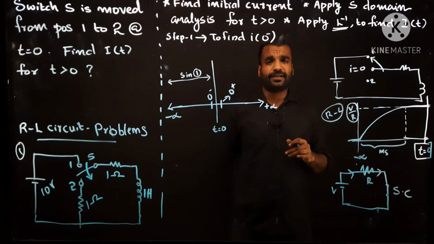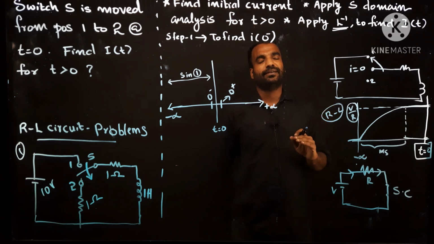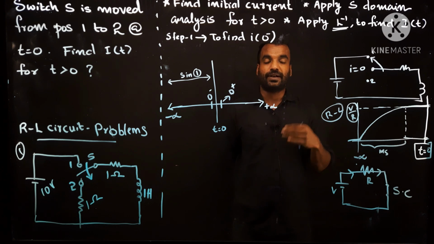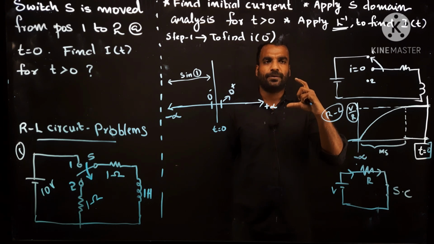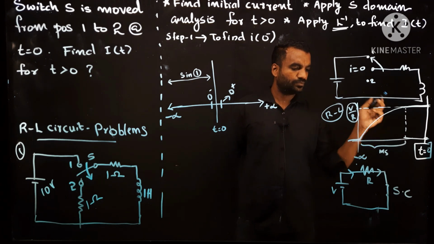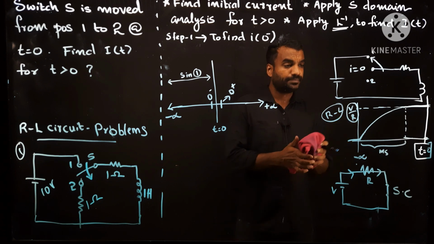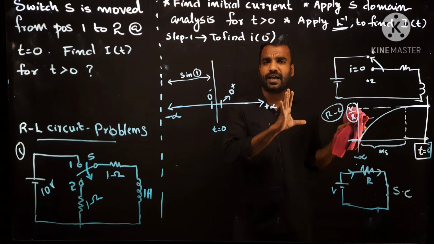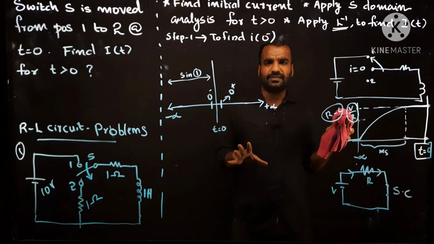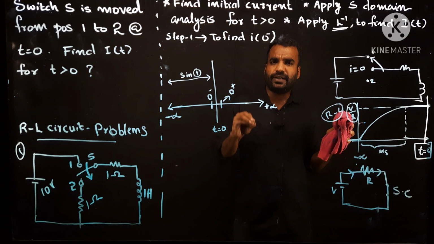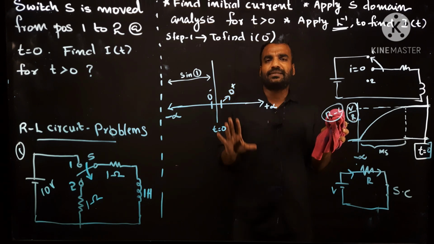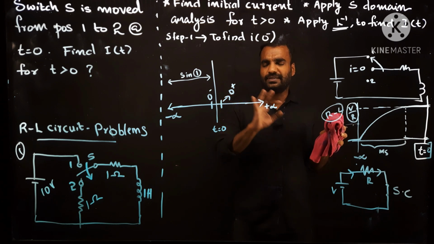How can we represent an inductor in steady state? How can we represent an inductor in the transient period if current is 0? If current is 0, you can represent it as an open circuit. I hope these things are clear. If you are having doubts, no issues, please refer to our lecture number 15. Everything related to inductors that you need to attempt the problems from the entire subject is covered in lectures 15, 16 and 17.